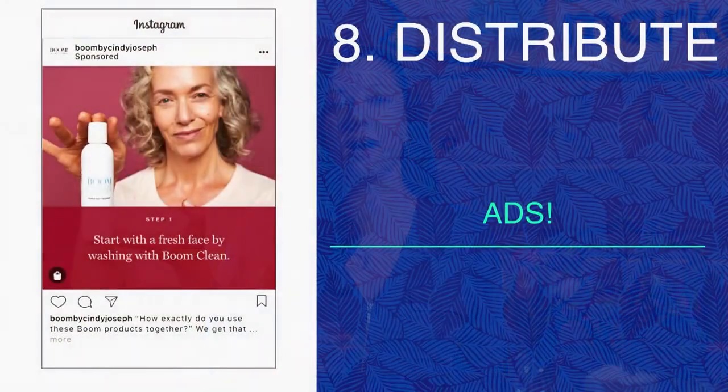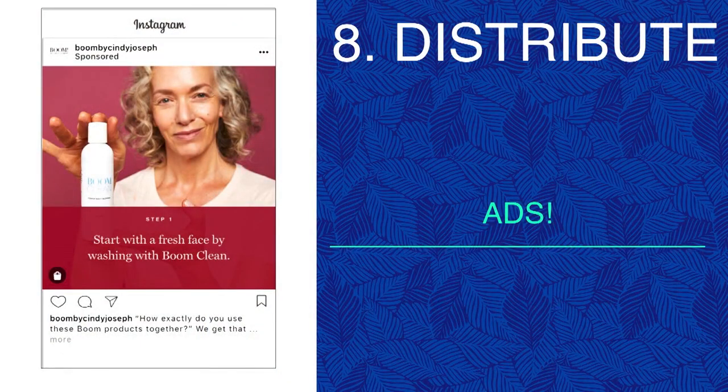So our final step, number 8, is to distribute. If you're on Facebook or Instagram, you know that organic reach has been steadily declining, and I've only been in the game for 4 years, and I've seen it drop drastically in those 4 years. So having a paid social media strategy for your regular organic posts, right? Not the ads. We're not talking about ads right now in the sense of top line ads and trying to sell the product, but really just making sure people are seeing your content, your regular blog post content or your video content, things like that. You want to have a paid strategy on pushing it as far as it can possibly go.